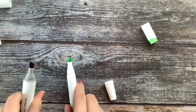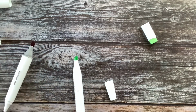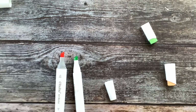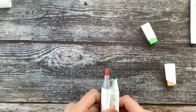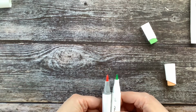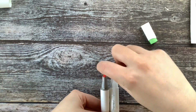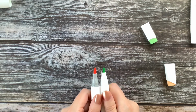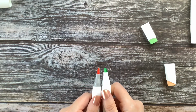Maybe I need one brighter. Let's see. Maybe this one is better. Maybe this one, yes. So let's try it with this one. You see that it is much thinner at the end. So I think you can see all the differences here,